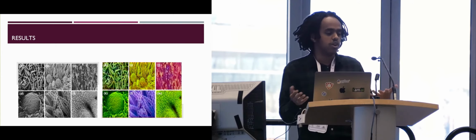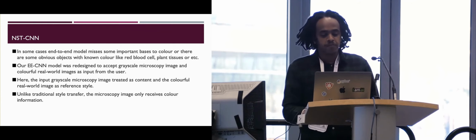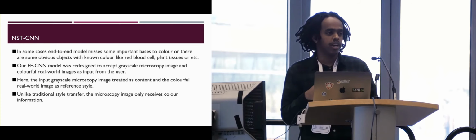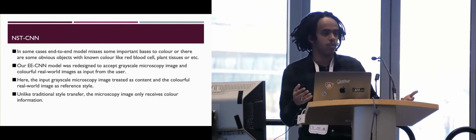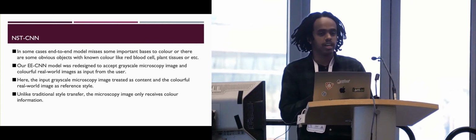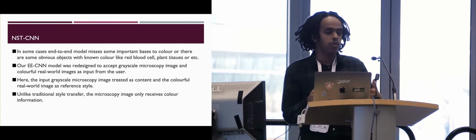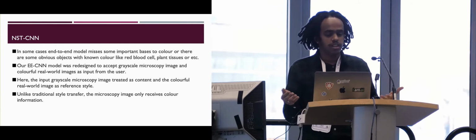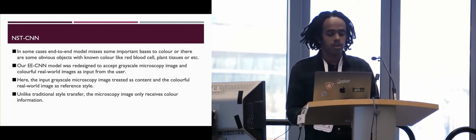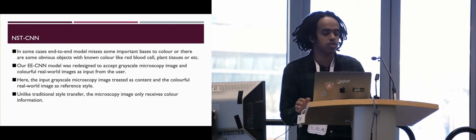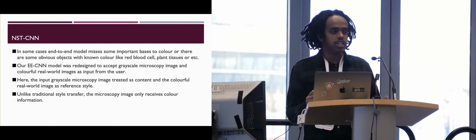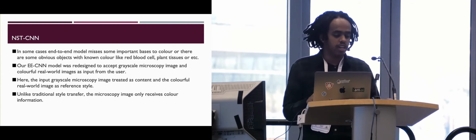It should have it, because it's obvious a leaf is a leaf, right? So sometimes it's computationally expensive to give a prediction task to a model. You give it one image, then the model predicts a lot of colors. Even though it gives you a color, the color doesn't make sense. Let's say you have a red blood cell, but the red blood cell might have some blue color, which is not true. Or a plant surface might have some yellowish or less gray color, which just doesn't make sense. So we try to modify our end-to-end standard model